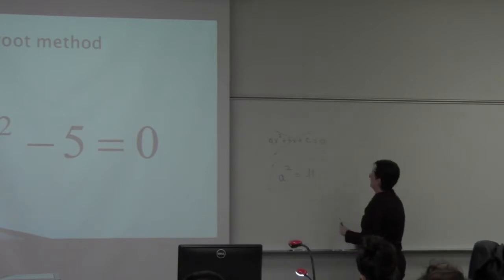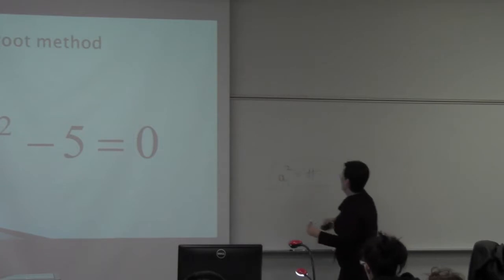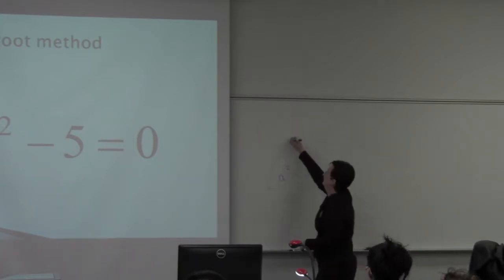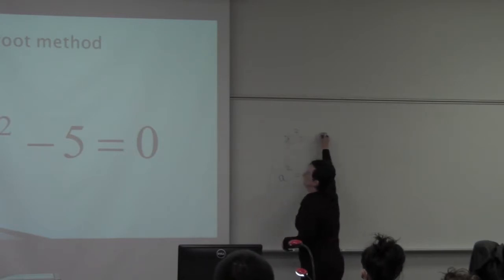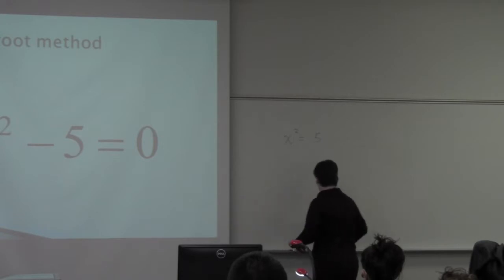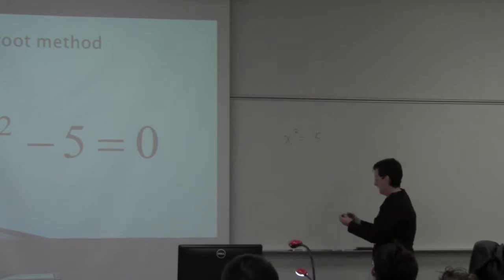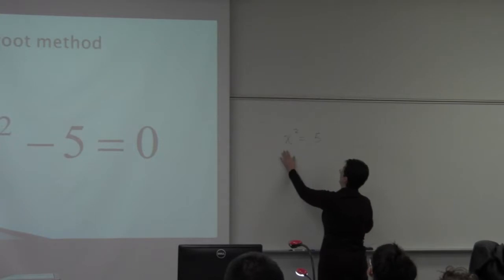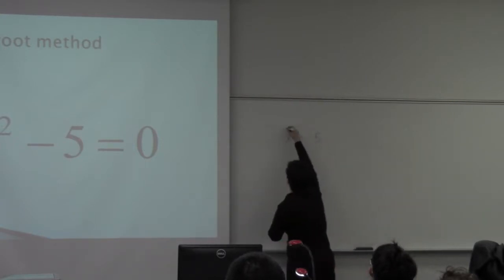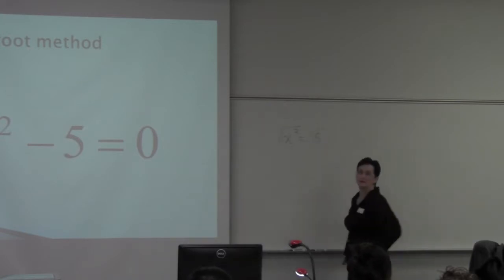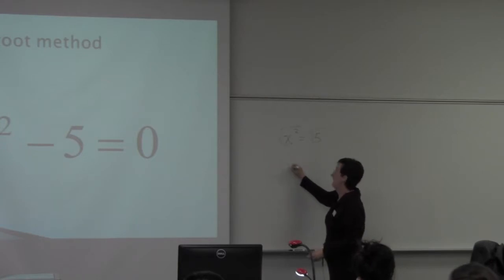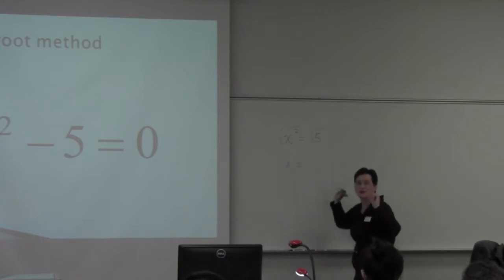All right, so to get it looking like this, what do we need to do? Add 5 to both sides. So x squared equals 5. Yep. Now we have a perfect square on one side and a number on the other, and we can take the square root. The square root of x squared is x equals,